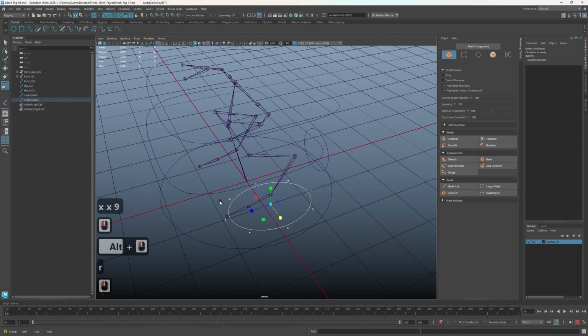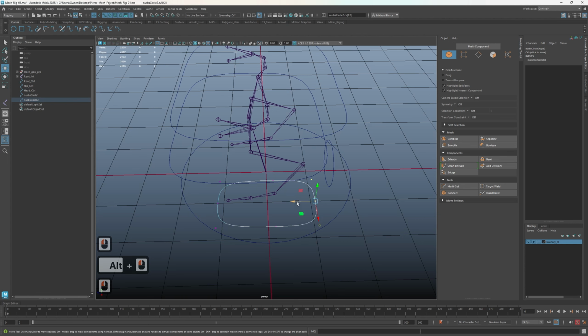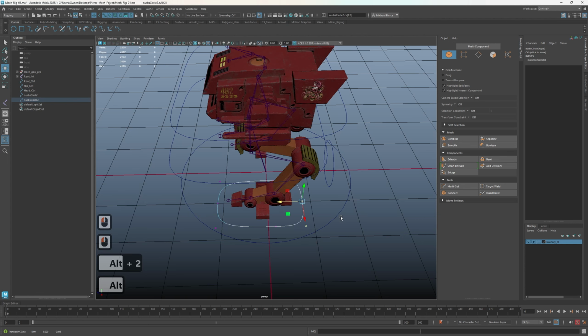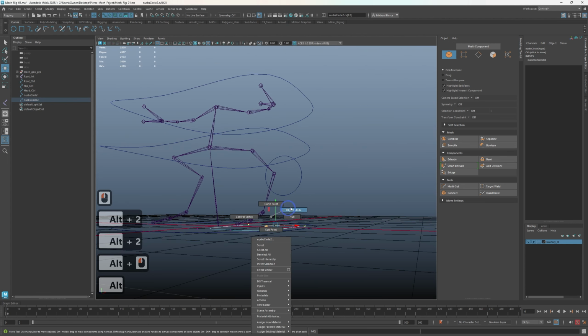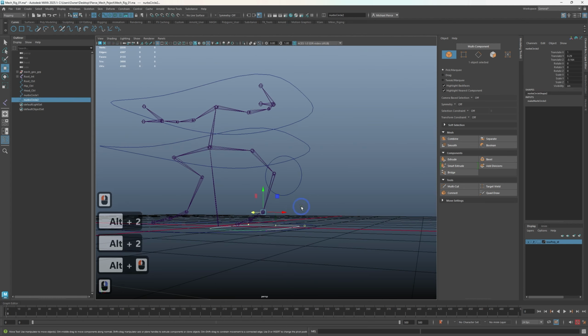Even those guys out like this. Maybe put this in, hit Alt 3. That looks about right. Main thing is the pivot point has to be sitting on the joint, and that's perfectly fine. This guy's pivot point is fine. It's supposed to be a pull vector to pull away from this thing, which you'll see in a second,